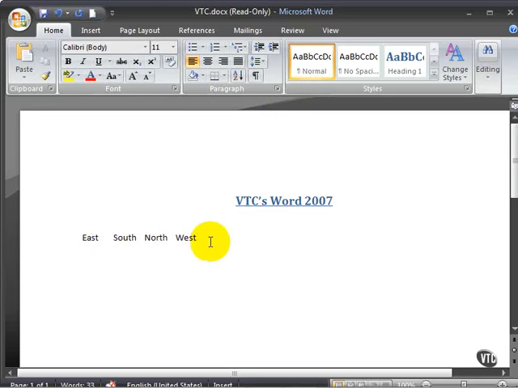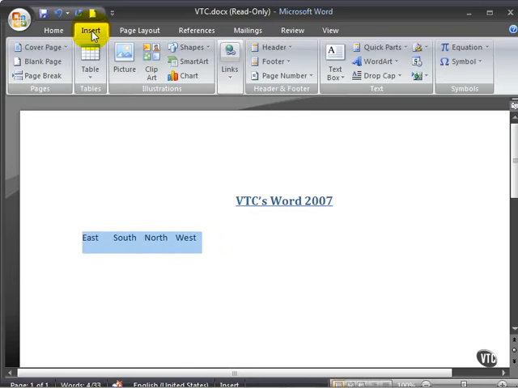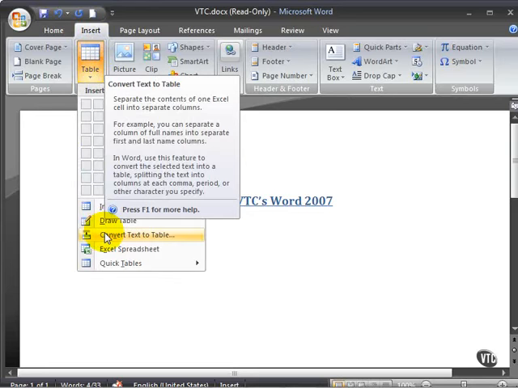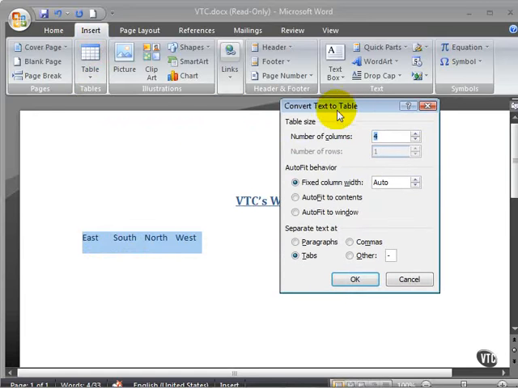And what I'll do is I'll make a selection of that paragraph with the 4 tabs, and I can go to the Insert grouping once again, or the Insert tab in the ribbon, and then click on Table, and this time I'll convert the text to a table. And so now it brings up this dialog box, Convert Text to Table. Number of columns, 4. Number of rows, 1. It guesses, based on the tabs that I use,